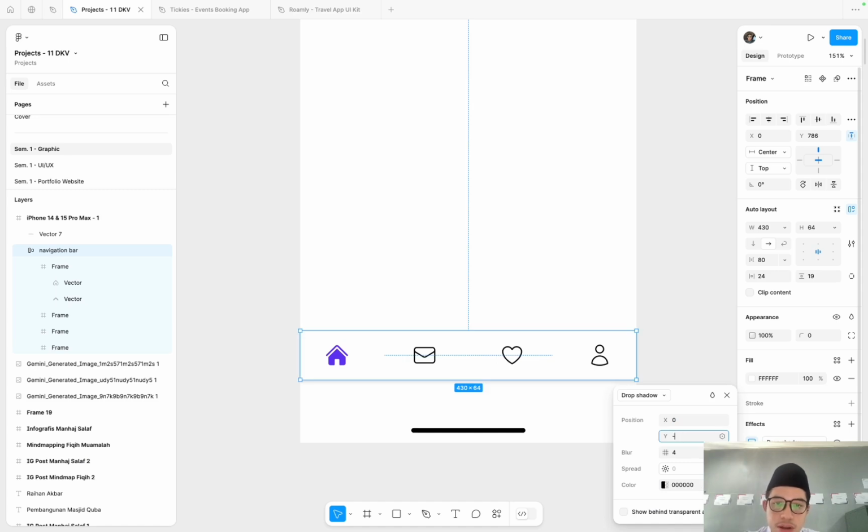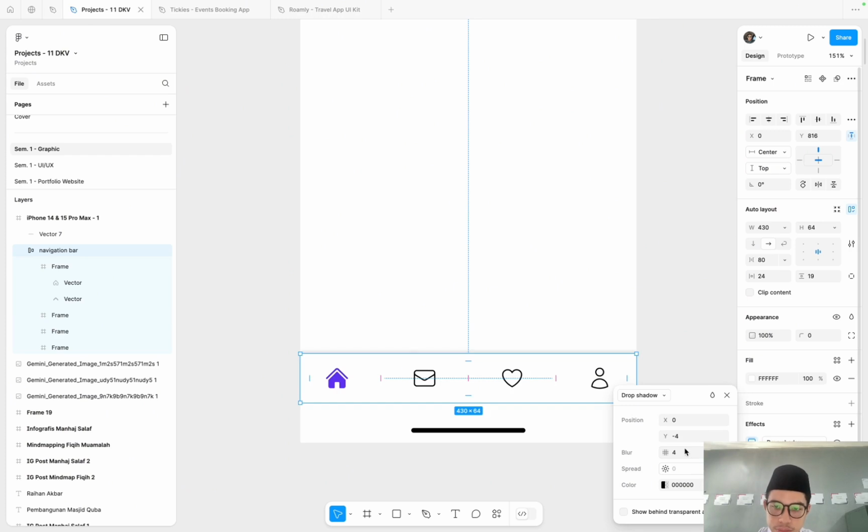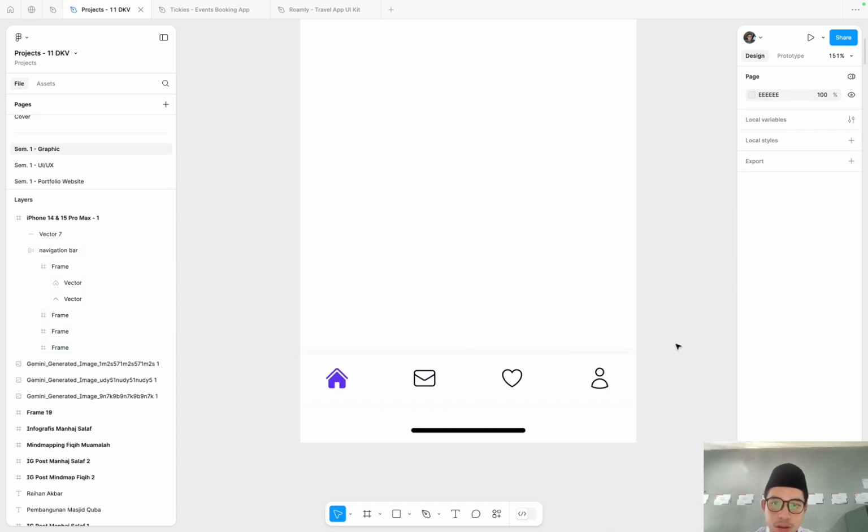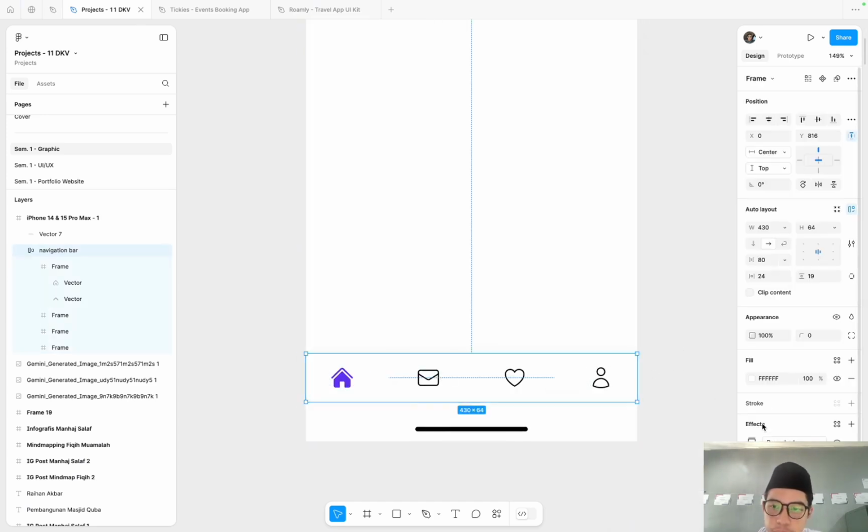And then we give -4 to the top. Then the blur 24, opacity 5, -2, and then 16. This is a better one, okay?